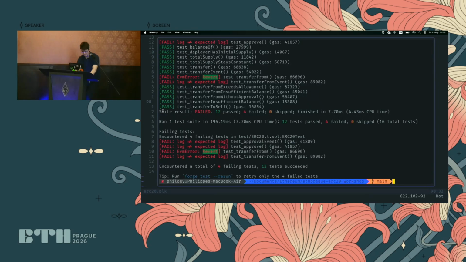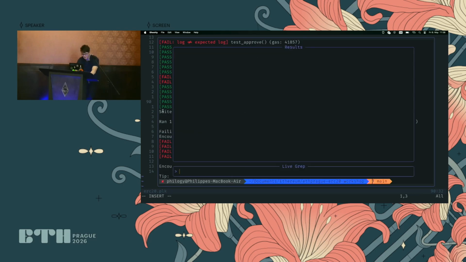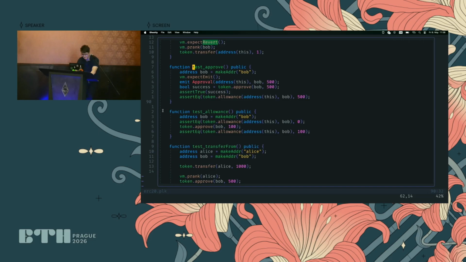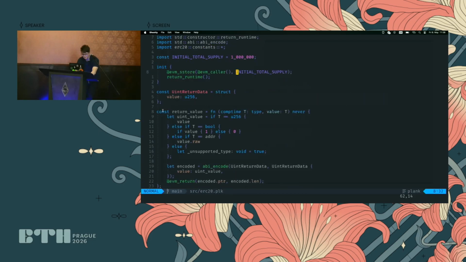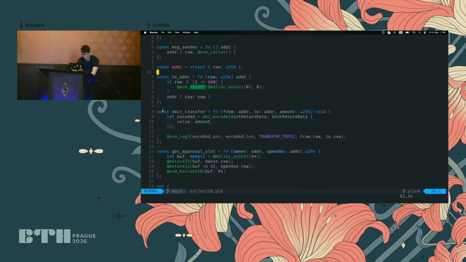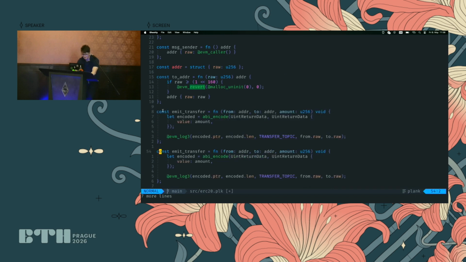All right, now we have many more tests passing. The approve test is still not, I think there might be an event missing. Right, we also need to emit an event here. Whoops. So let's do that. Let's copy this and make an approve event. Let's call this owner, spender, and it's pretty much the same.